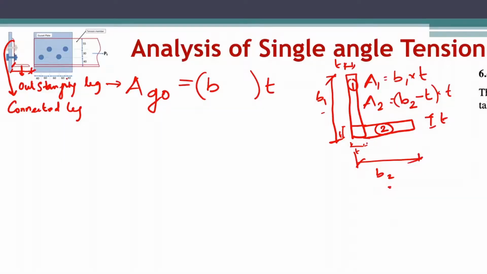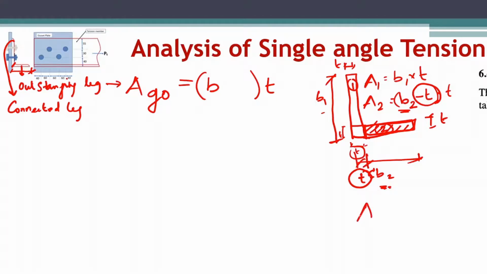So if you have added this thickness in beta 1, then the effective width is beta 2 minus thickness. So from here to here, this is the second portion's area. So I have subtracted thickness from beta 2. But if you are calculating it for an angle, you should not subtract one full thickness in one width. Instead, what we do is subtract half thickness in both the widths.